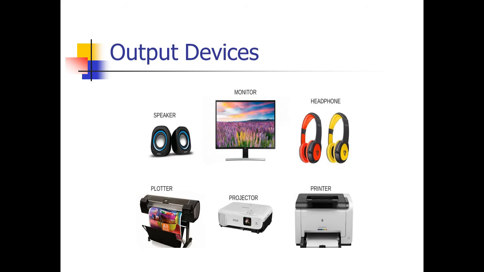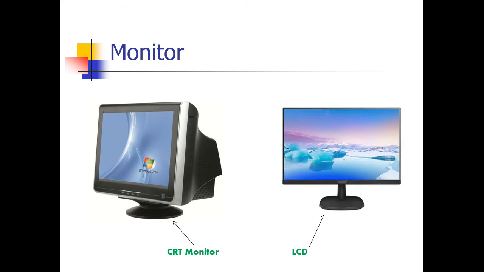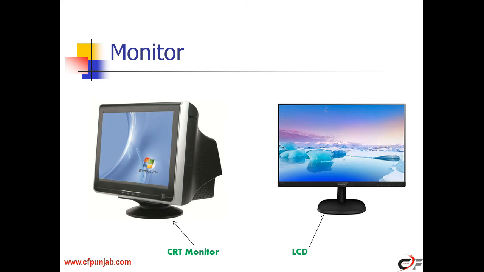An output device displays information on a screen or creates printed copies or generates sound. Monitor, printer, speaker are commonly used output devices. Monitor has display screen to provide output to the user. It is where you view the information you are working on. It is a soft copy output device.